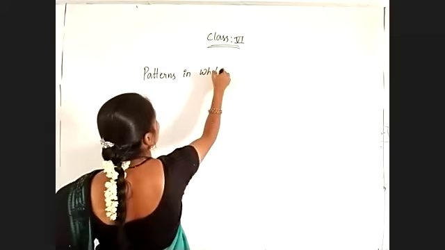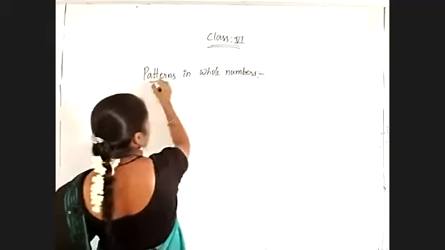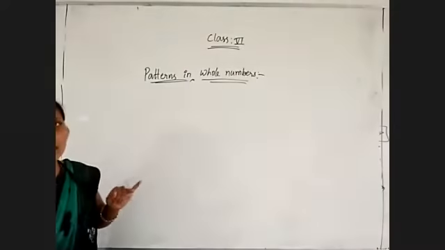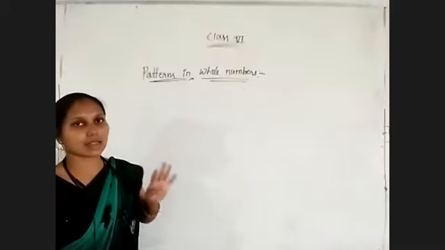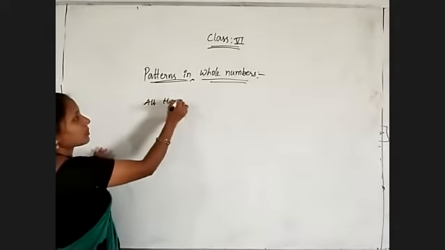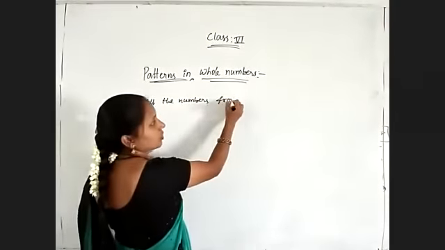So as I explained already, we can write any number in any of the geometrical shapes like line, rectangle, square, and triangle. So all the numbers from 2